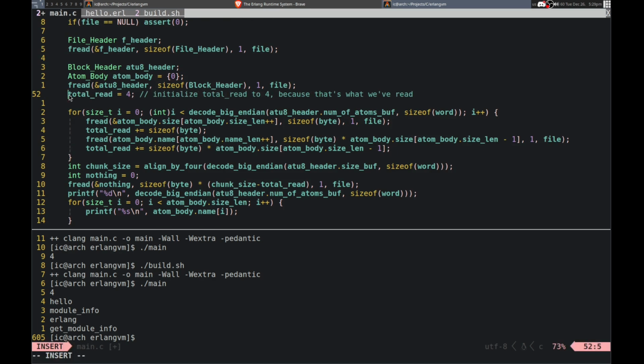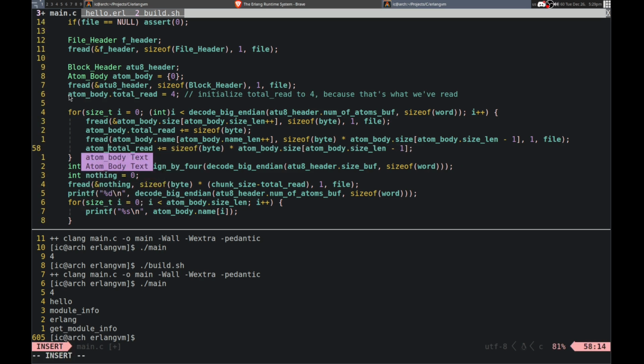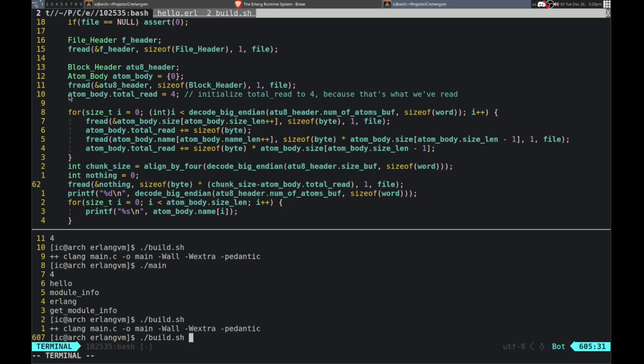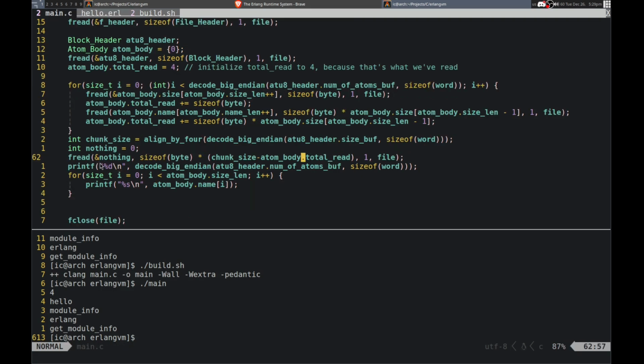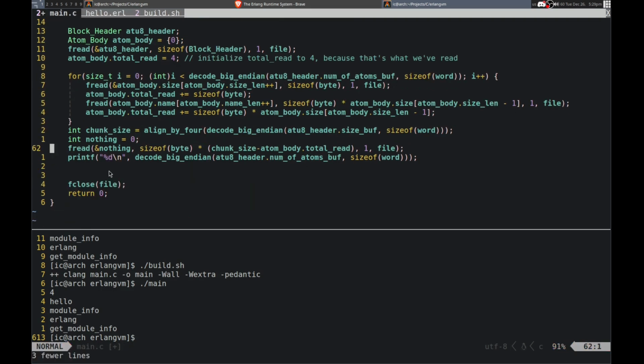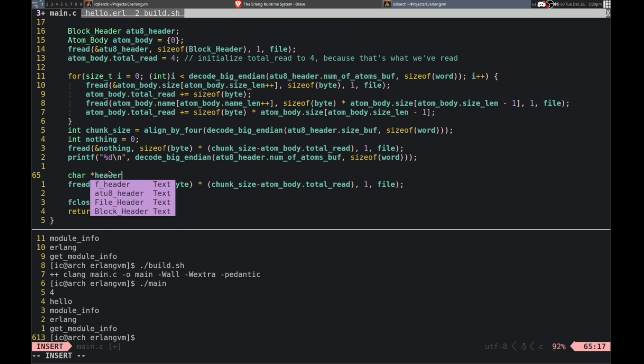So add a body, okay. Alright, and let's see. There we go. So that works. So now it should be aligned properly, and we should be able to read the next thing, the next header. Yeah, so let's make another header.